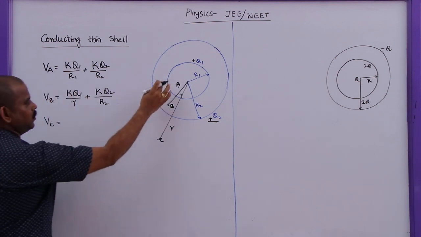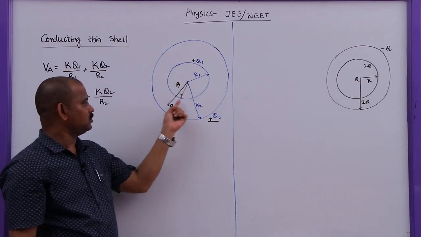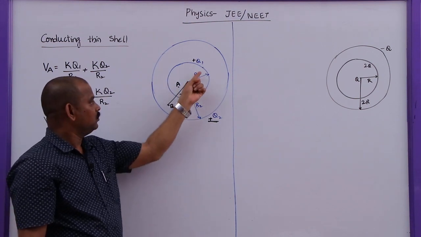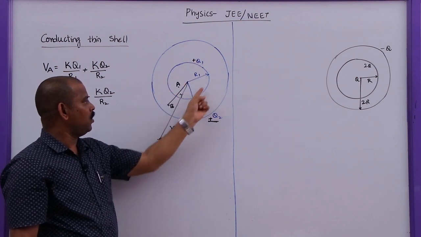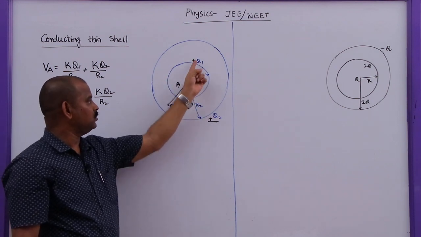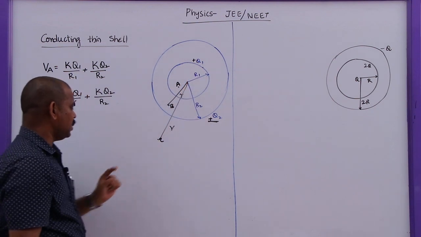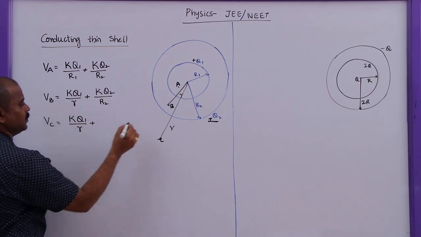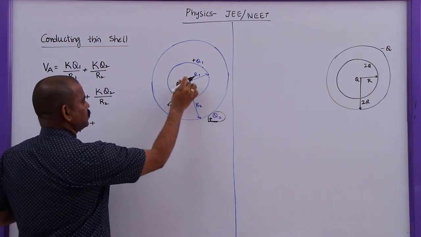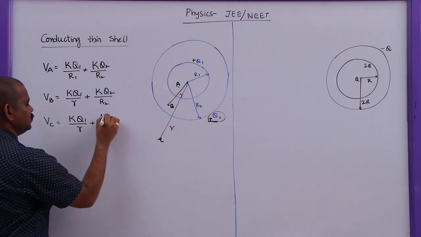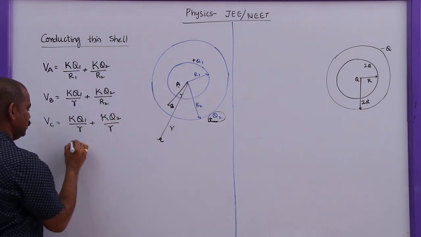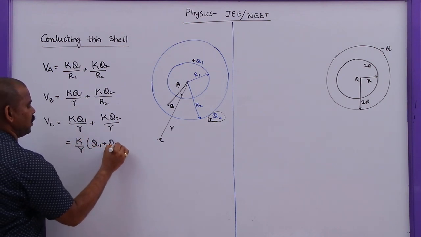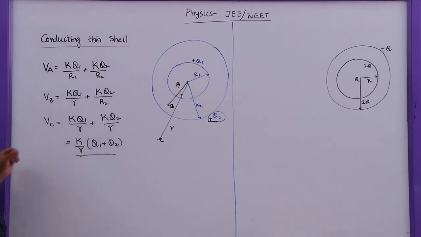So this is given by the potential due to the charge on this inner shell. We know that according to the shell theorem, the total charge, even though present on the outer surface, we have to assume that this charge is at the center, at a distance R. So this is given by KQ1 by R plus, here also the charge is Q2, so just assume that it is placed at the center. So this is KQ2 by R. So the potential at this point is given by K by R times the total charge on the system. So this is VC.